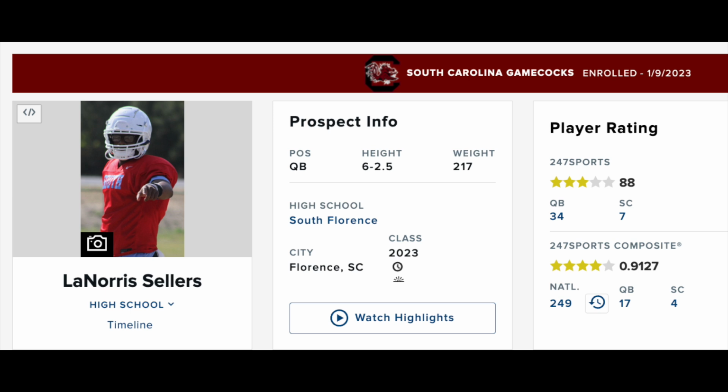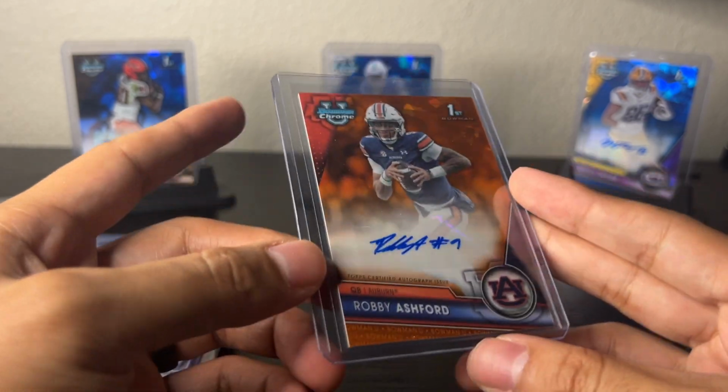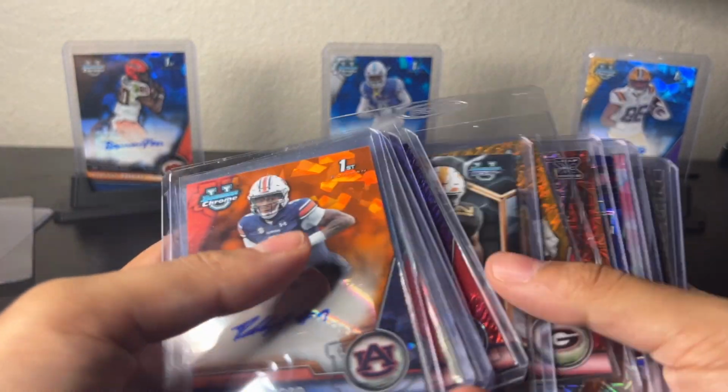But Robbie Ashford, not a good quarterback. Started at Oregon in his career. I don't think he ever really sniffed the field. Was at Auburn for 2 years, started some games, was not very good. He's a good athlete. He could switch to receiver, and I think he could be a problem. But then went to South Carolina. I'm like, bro, they've got...